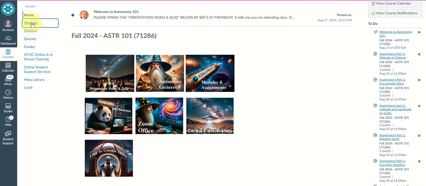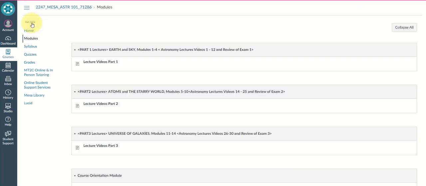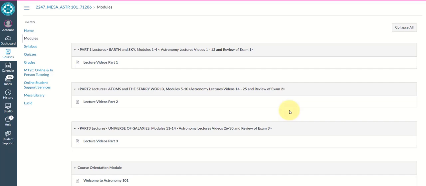When I do, I see this. These are all the modules. So Canvas is made sequentially. That means that everything is one after another. It's just a list of things that you see in Canvas. These are called modules. So there's a module, there's a module, and so on. So let's see how the course is